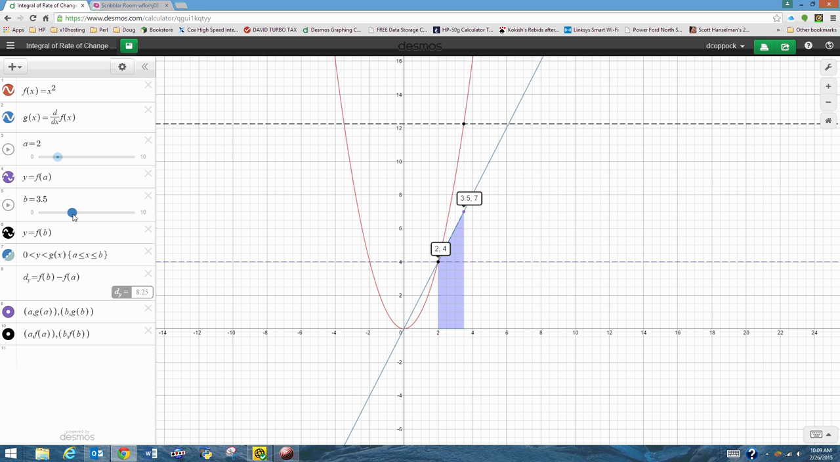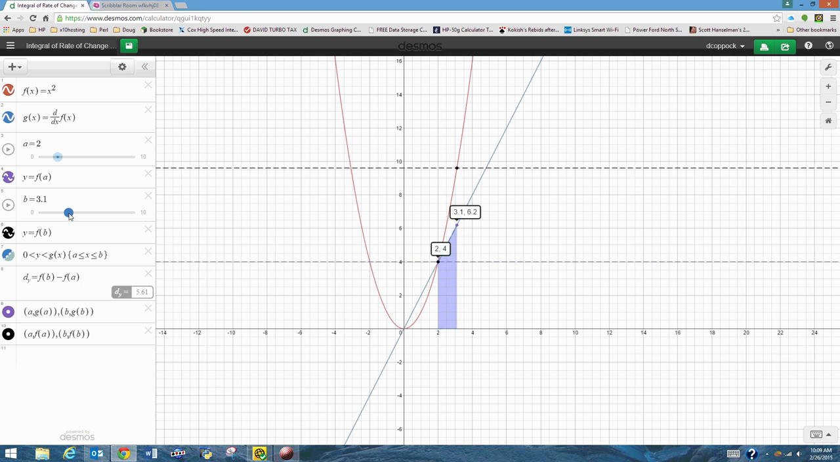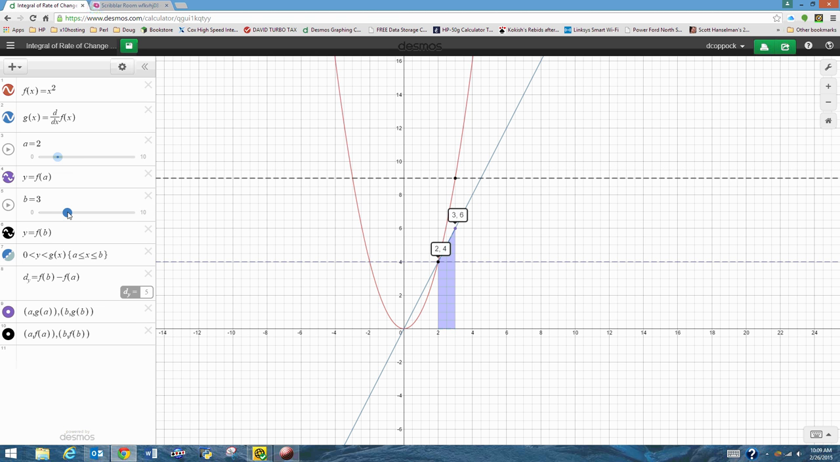I could make this smaller. So now the change in y is only 5. This distance is 1. Half of 1 is a half. Half of 10 is 5. So,